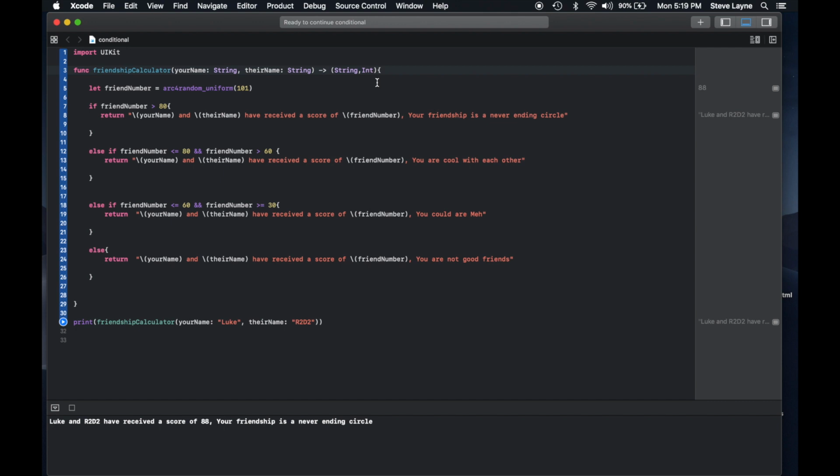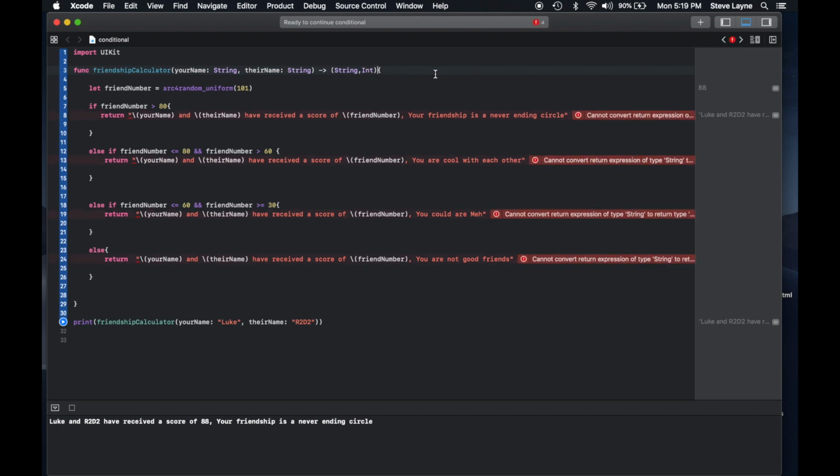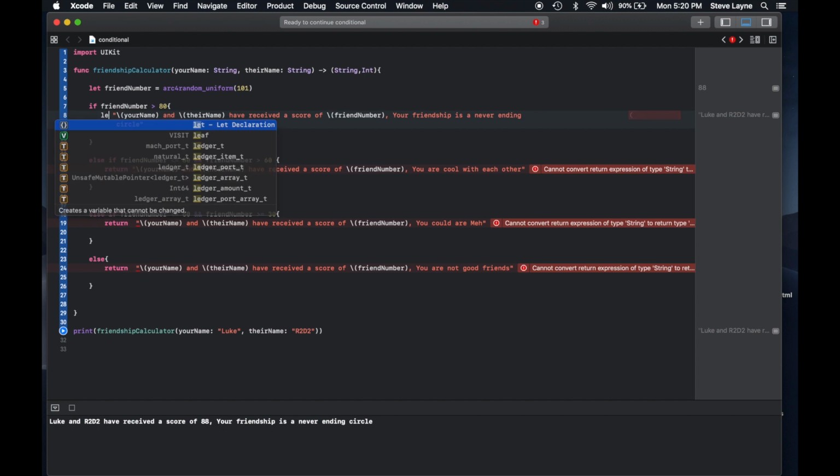Whenever you want to return 2, 3, 4, 5 values, you have to put parentheses around them and put a comma in between each data type that you're going to return. This is going to be the order that they show up in the program. So first thing we have to do is set each return statement as a constant, and we can set it as the same constant. So we're going to say let